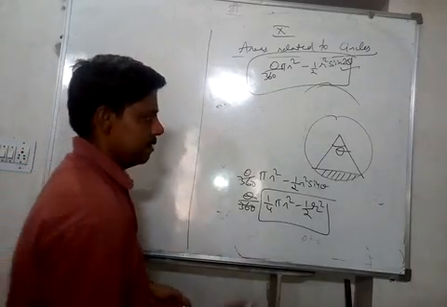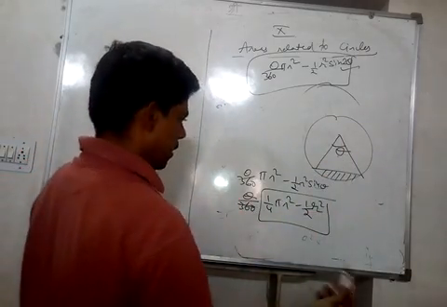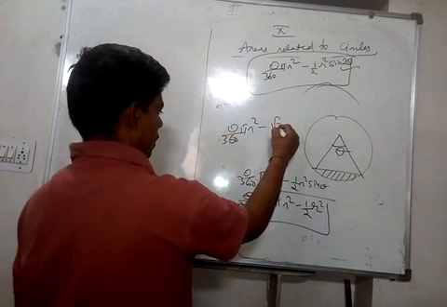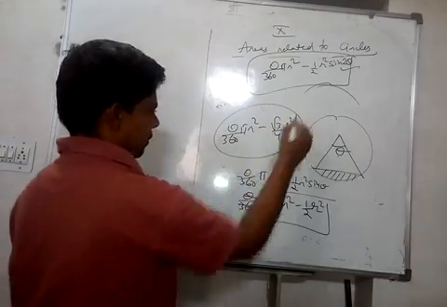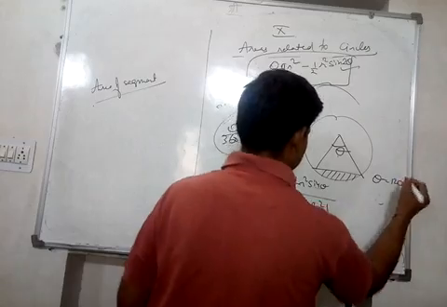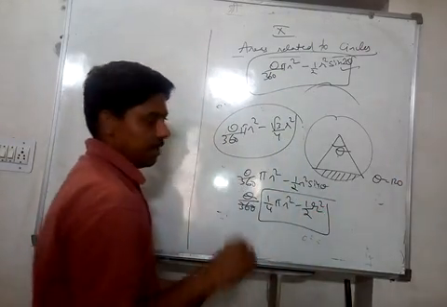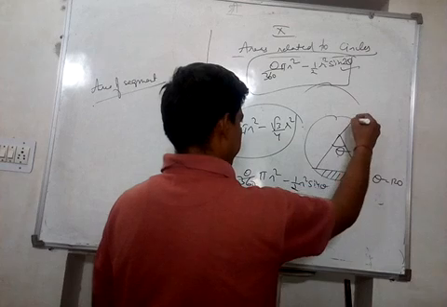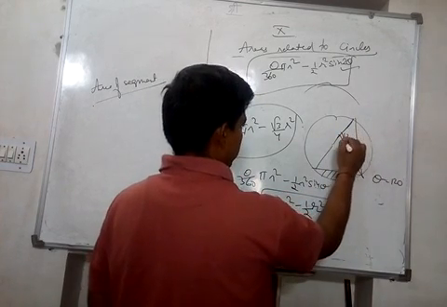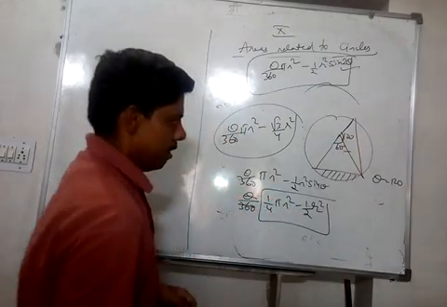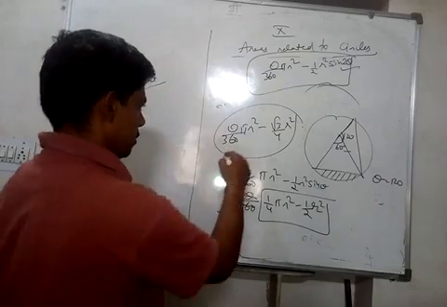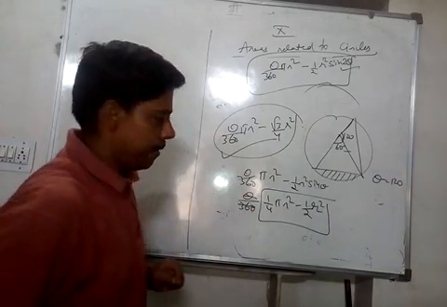When theta is 60 degree, this triangle is equilateral triangle. You can directly find theta upon 360 pi r square minus root 3 by 4 r square. Right? Similarly, when theta is 120 degree, it is same as theta is 60 degree, because if one side it is making 120, other side it is making 60 degree, and by median property these two triangles are equal in area. So for theta 60 also, 120 also, the formula is the same.